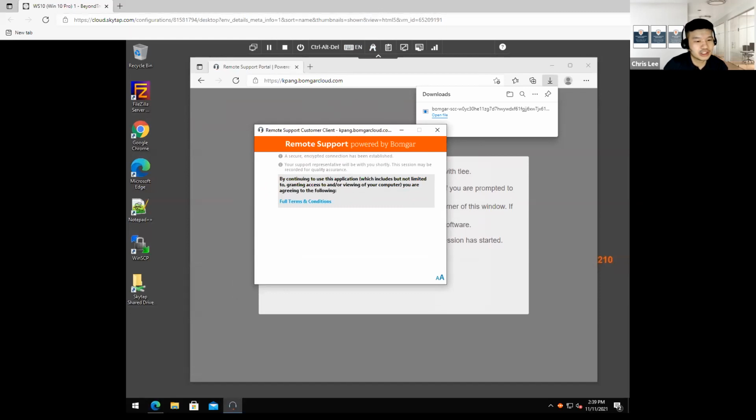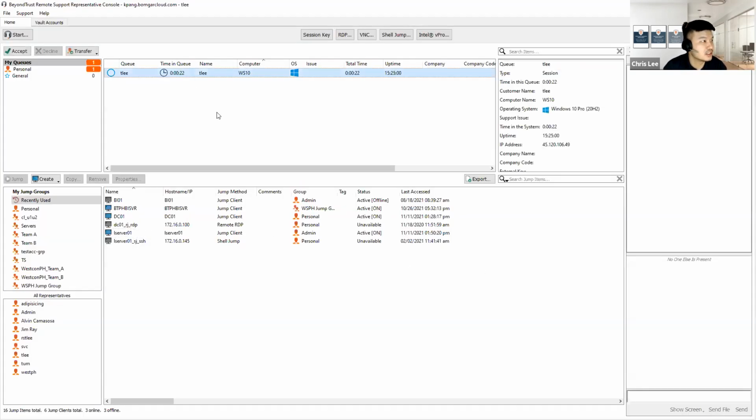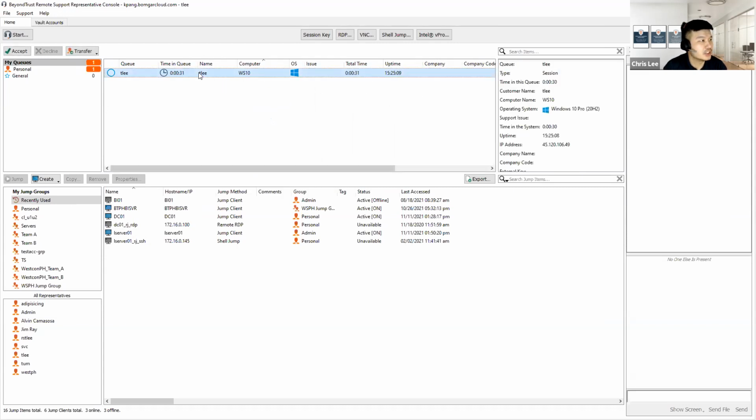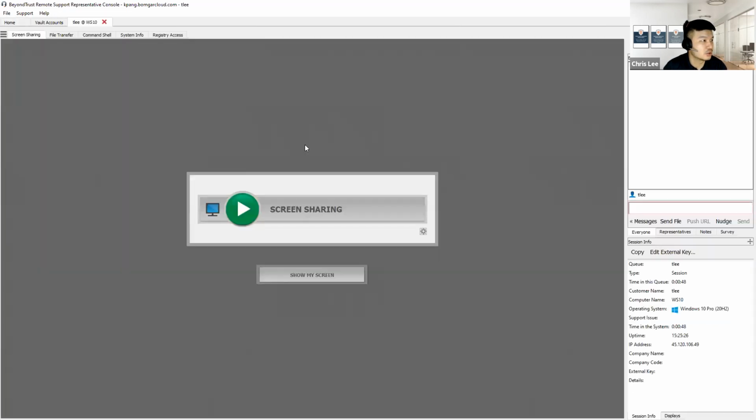The next thing we can see is that as a support personnel, I am receiving a help request already, and I can see how to accept this support request. I can either transfer this to someone else if I'm going to lunch, for example, or of course I can just accept the session as soon as possible to help the end user. Once I accept the session, as a support personnel I can immediately start using our templates and have a chat with this user.